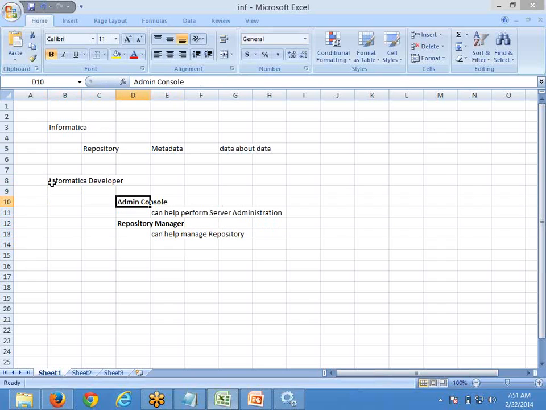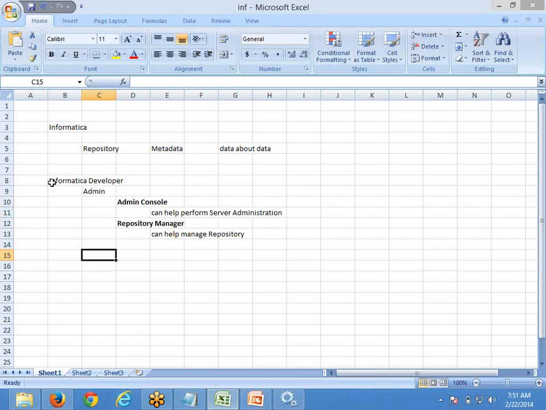Generally these are for the administrators. Even as a developer, you may not have access to the software, because they are meant for performing the administration on your Informatica software. But when you are learning and practicing, you can still go and do all the activities there. But when you are really working, you may not have access to even these tools, because they are meant for administration purposes. So these are all admin.